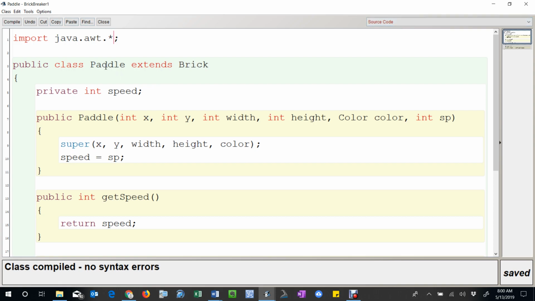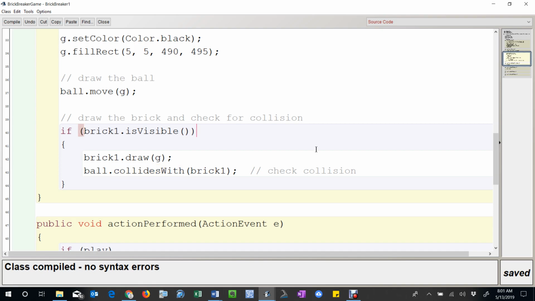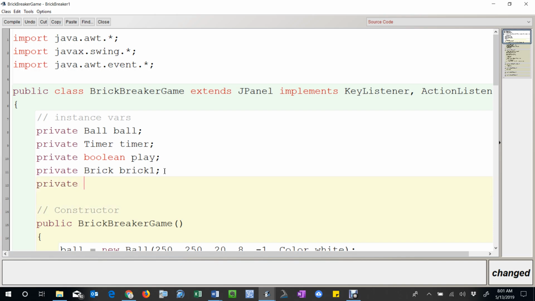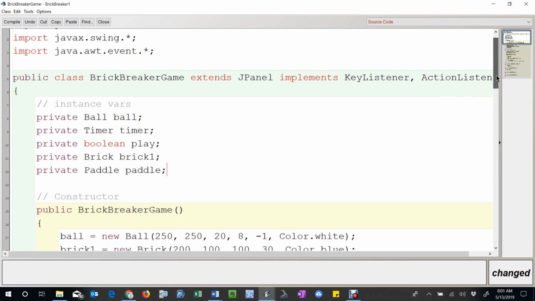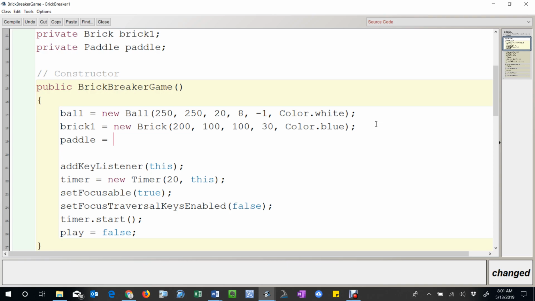All right, so now we have defined what a paddle is going to be. So now let's create a paddle. We're not going to do that here. We're going to go into BrickBreakerGame, and we'll go all the way to the top, and we're going to create an instance variable that is a paddle object. And might as well just call this paddle. Okay, and then in the constructor, I'm just going to push that down, and I'm going to create. So up here, we just created the paddle reference, and now we're going to assign it to